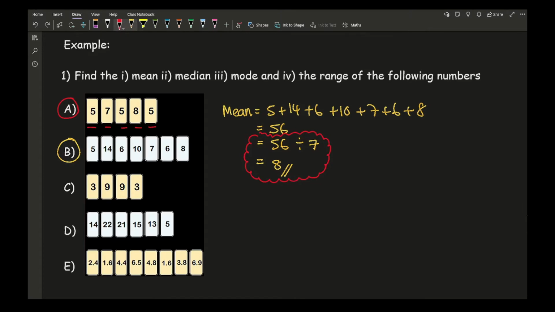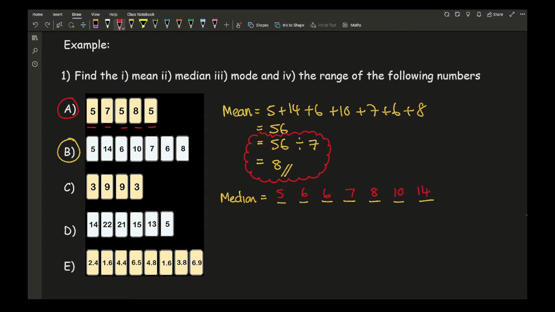And so we haven't finished this question because now I've got to work out the rest. So we've got the median. Again, I've got 7 numbers, so I'm going to put 1, 2, 3, 4, 5, 6, 7 dashes. And then I'm just going to read off the list from smallest to largest. So my smallest number is 5, and then I've got 2 6s, I've got a 7, an 8, a 10,